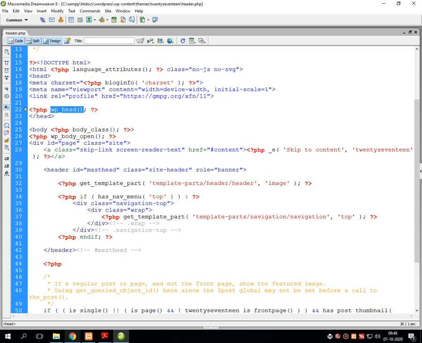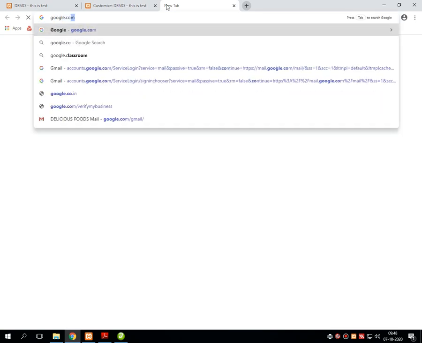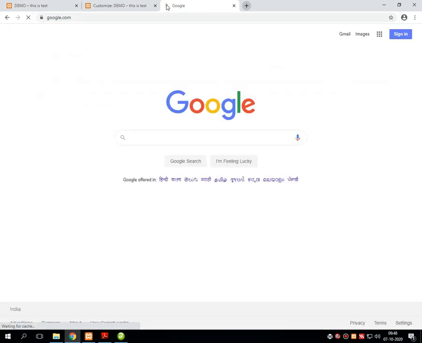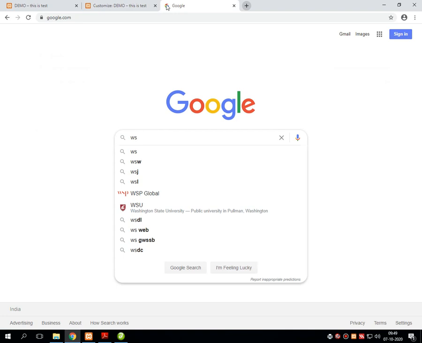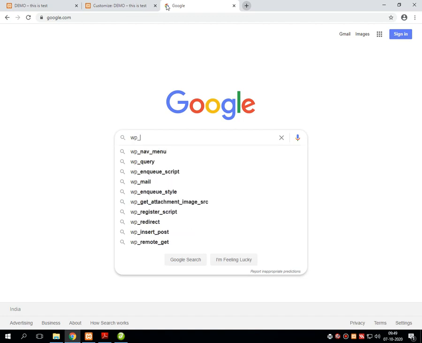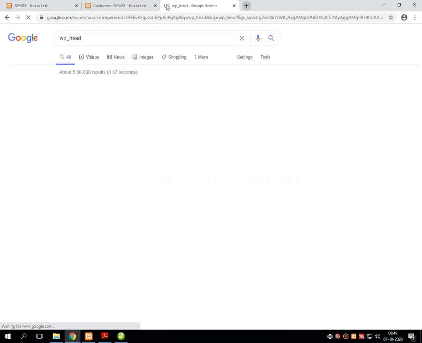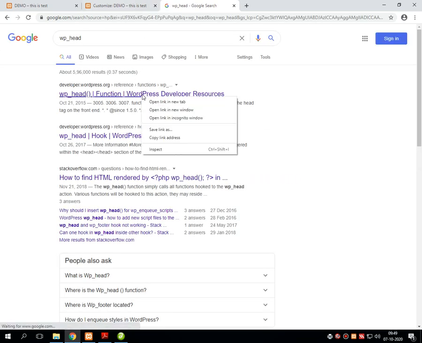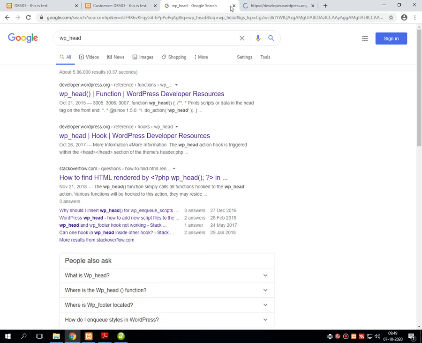What is the function of wp_head? The function of wp_head is very simple. This is a WordPress function, because you can see that whenever this function gets started, it is followed by the prefix called wp. Now what is WP? That is WordPress, obviously.